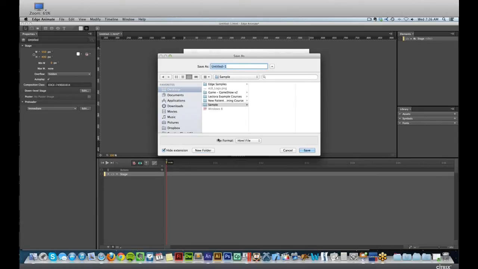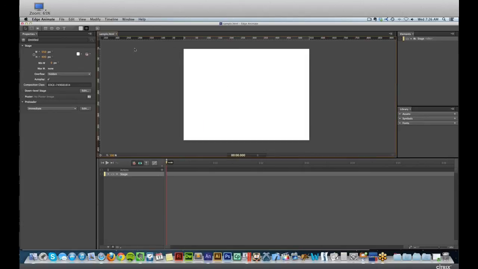I want to make sure that I have it inside of a folder so all of my content is in one location. And I'm going to go ahead and name it something. Now, if I'm going to bring this inside of Lectora, then I already know that I probably shouldn't name it index.html. If you're going to have this just on a website somewhere, then it's okay to name it index.html, which is typically the standard. But in this case, I'm going to go ahead and just name this sample